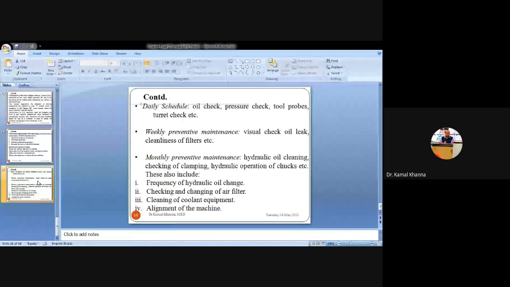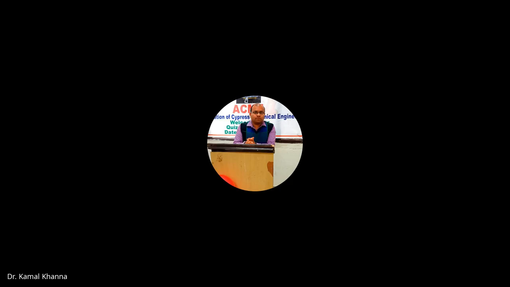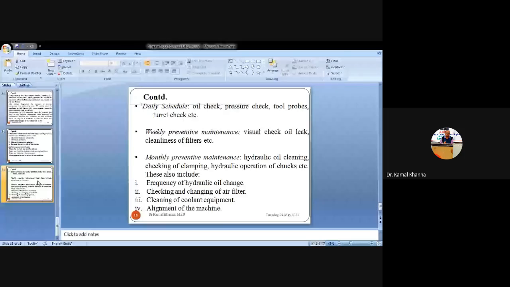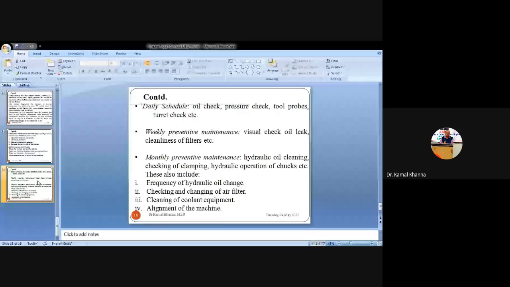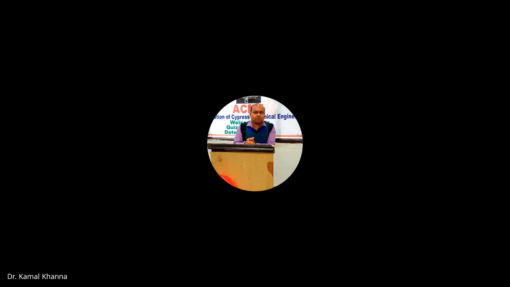So these kinds of activities may fall in the daily preventive maintenance schedules in the case of the bike. Similarly, in the case of CNC machines, these were the activities which are regularly to be checked as per the schedule designed by the supervisor for the preventive maintenance of the CNC machines, whether in the daily, weekly, monthly or yearly schedules. This brings to an end the chapter on problems in CNC machines.